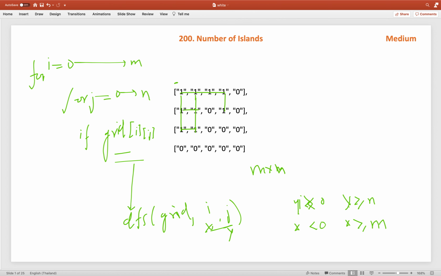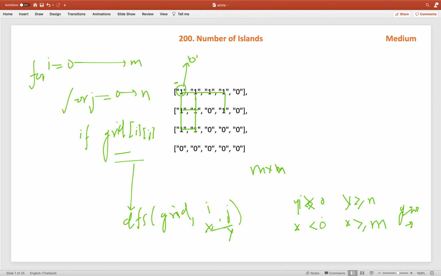So, these are the 4 conditions, and the 5th condition is to mark the visited ones. Whenever we visit a land part, to mark it, instead of using a separate extra 2D array for visited, we will use the same character grid and update it with the 0 character. Then we will check if grid of x y is 0, and we will return from here.